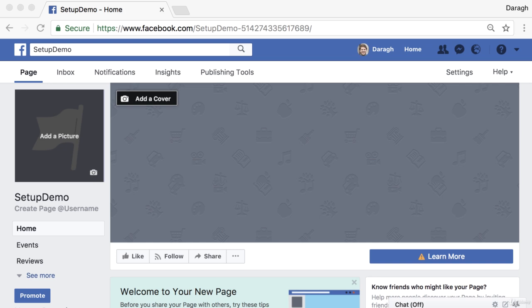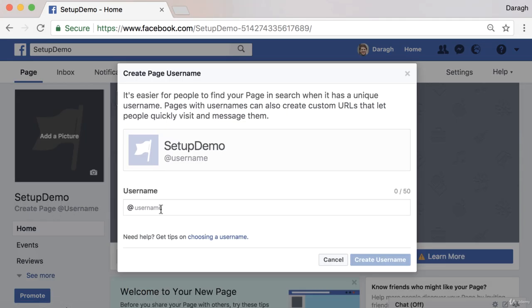Once inside, the next step is then to click on Create Page Username. And typically, you're just going to put your business name or the page name as the username. Now, one important thing to understand about this is that your username will actually form part of the custom URL that you have on Facebook. So it's going to be